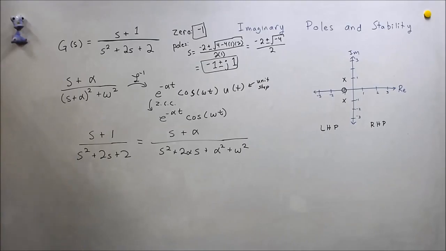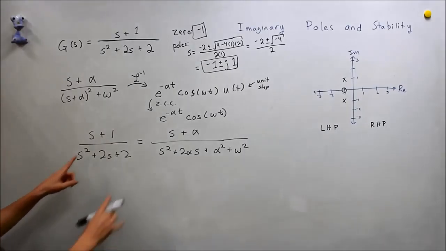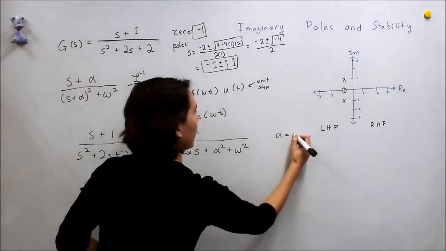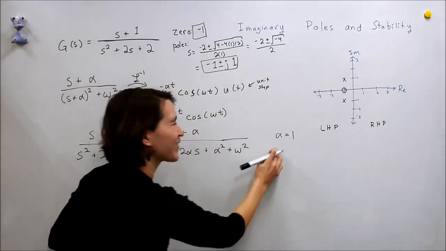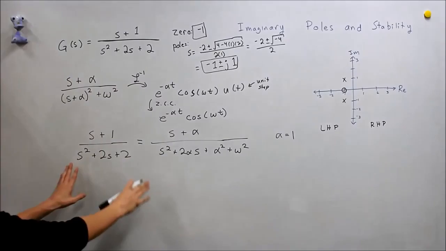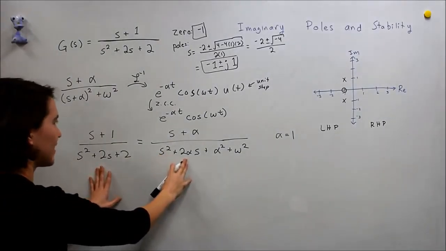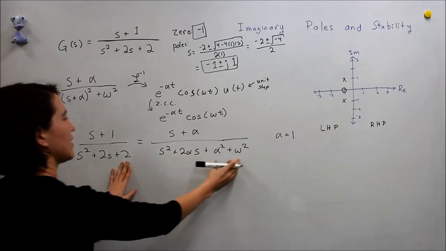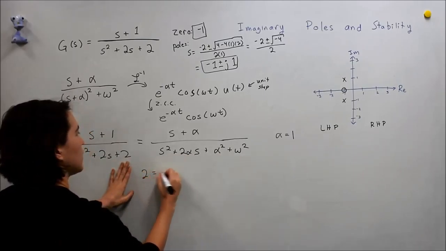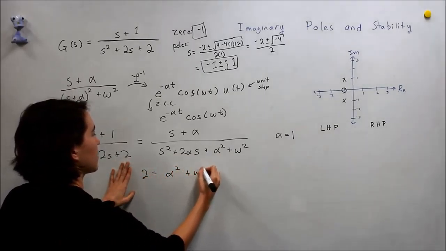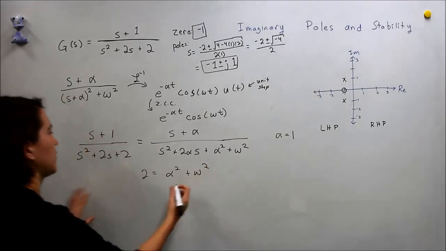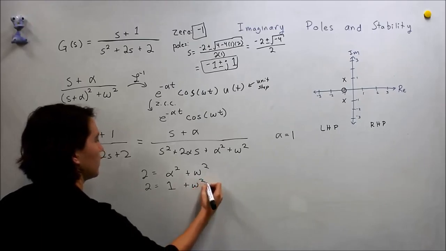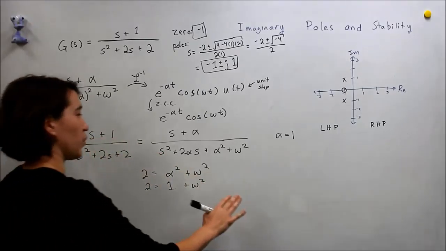We will see that we get some equating values here. So from the top we can see that alpha should be equal to 1. Alpha should be equal to 1, and then these match up very nicely. So alpha 1 here matches here. Now we just need 2 to equal alpha squared plus omega squared. We already know that alpha squared is 1, so we get 2 equals 1 plus omega squared. So if we let omega be equal to 1,